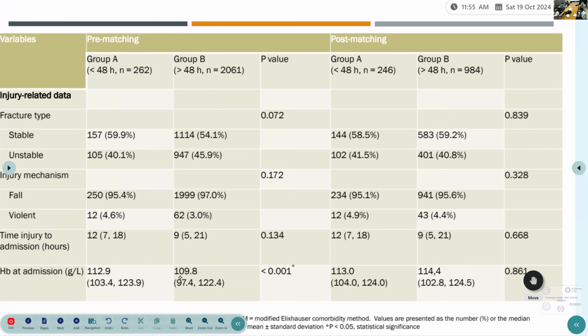Also comment on the number of people who are there in group A and group B, matching and post. Yes. So